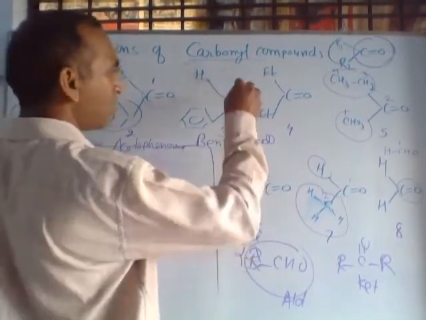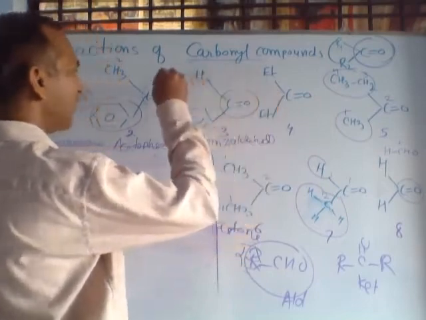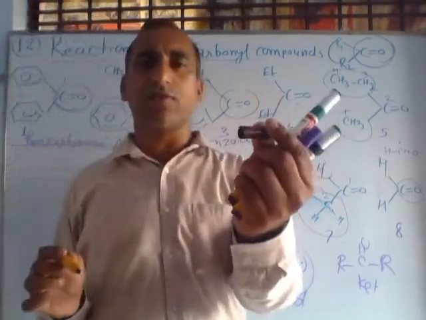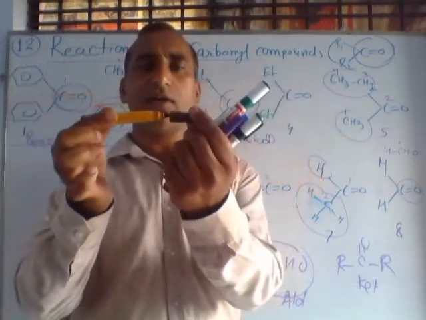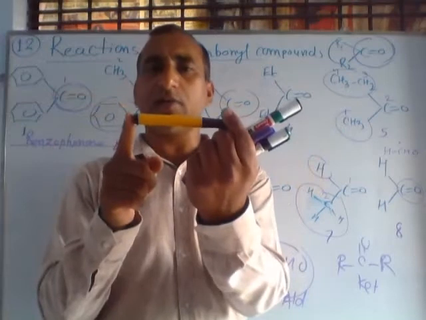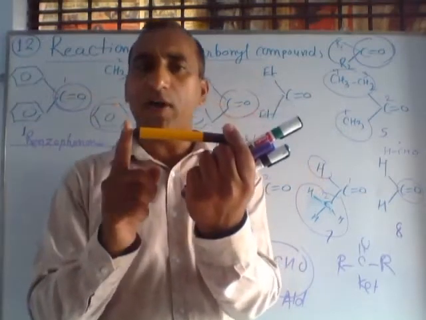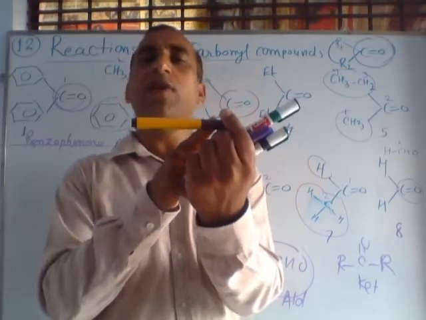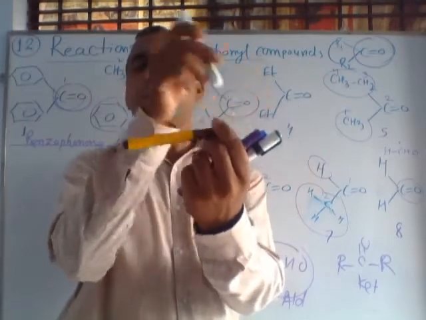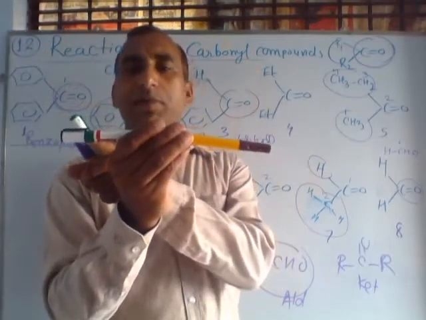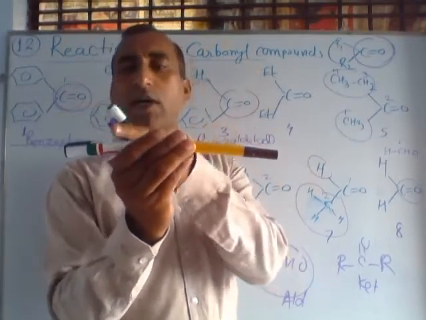This is the functional group, and the carbon which is connected to it, suppose I am connecting here. So if this is the carbon containing the functional group, this is another carbon. This carbon is called the alpha carbon. Alpha carbon means the carbon which is directly connected with the functional group. Here is another bond, so this carbon is called beta. Functional group, alpha carbon, beta carbon.